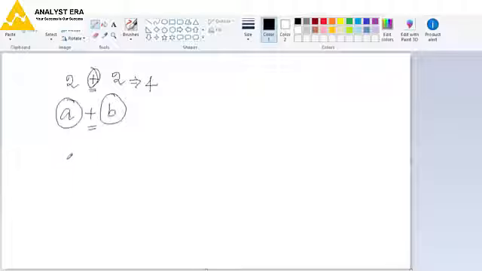Suppose I give a is 4, b is 2. Now I give the operator a > b. a is 4 greater than b is 2, whether the answer will be true or false. Can you say the answer? Whether a is greater than b, will the answer be true or false?